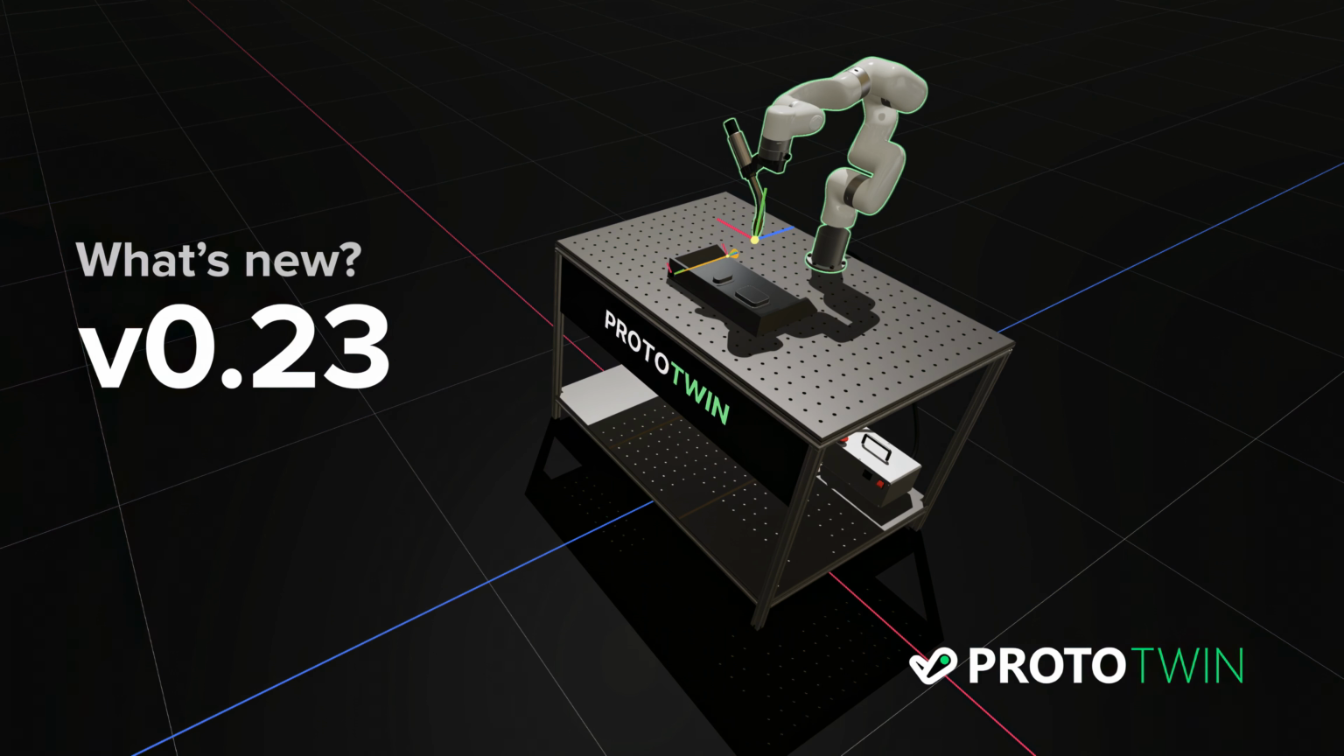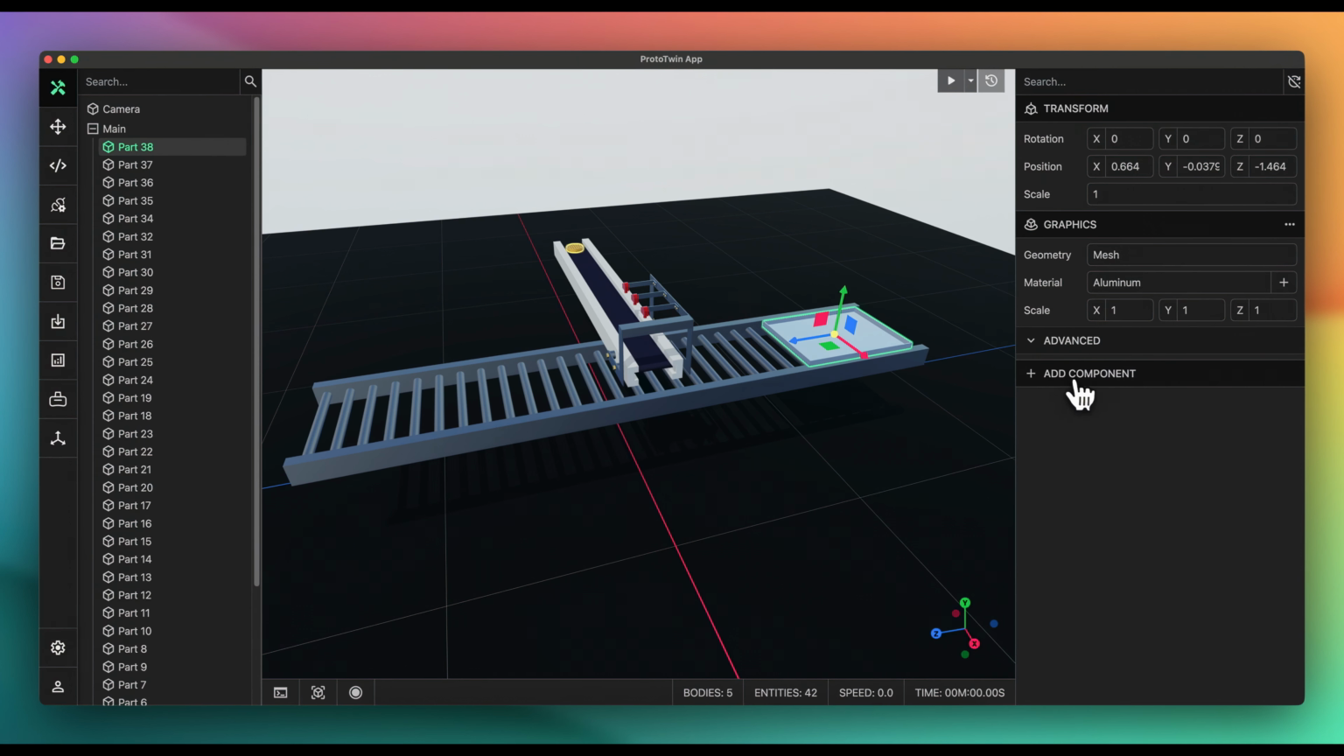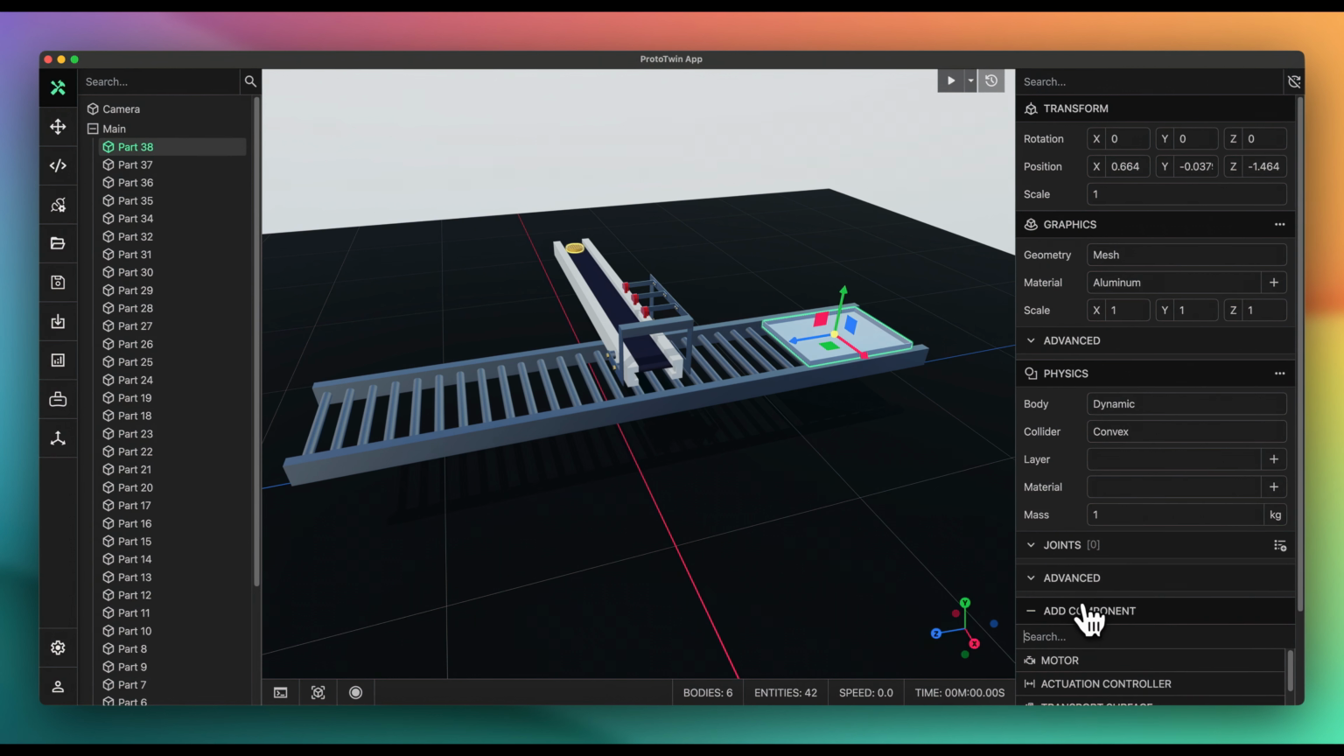The latest version of ProtoTwin includes some major usability improvements with brand new and exciting features. So let's dive right in. We've greatly improved the workflow for creating custom colliders in the software. In this model of a tray filling conveyor, I'll be demonstrating how seamless and powerful the new collider generation workflow